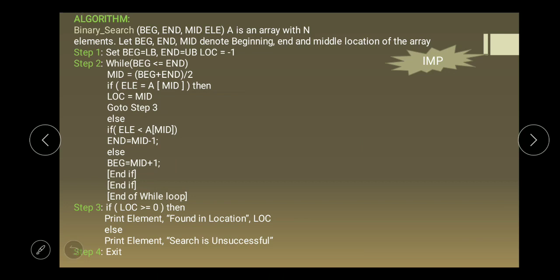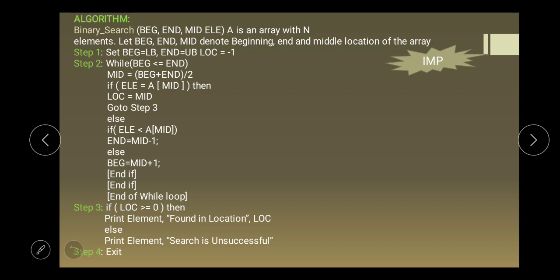Algorithm for binary search. Here A is an array with n elements. BEG, END and MID: BEG denotes the beginning, END denotes the end element, and MID denotes the middle element location in the array.